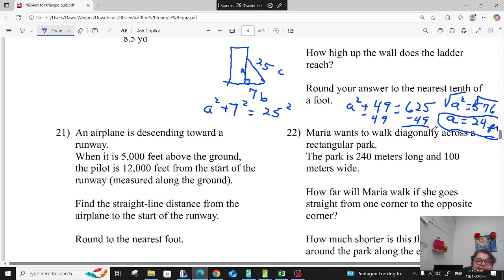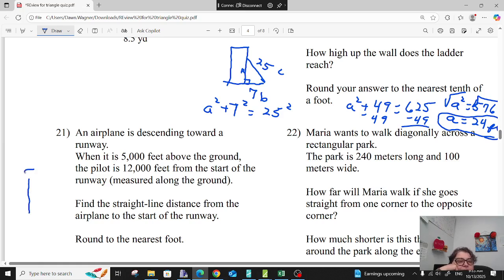An airplane is descending towards the runway. What does descending mean? No, other way. Coming down. Descending is going down. Ascending is going up. When it's 5,000 feet above the ground, the pilot is 12,000 feet from the start of the runway measured along the ground. Find the straight distance from the airplane to the start of the runway. Let me reread that. Oh, measured along the ground. Okay, so